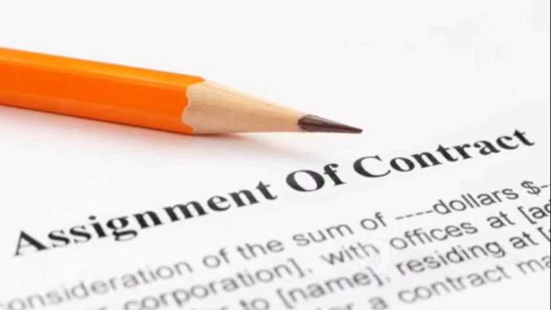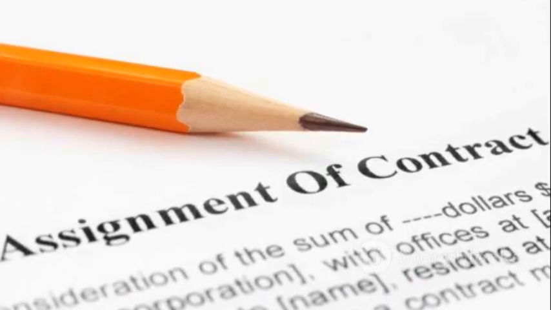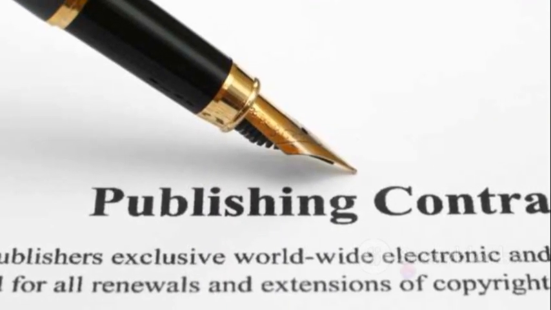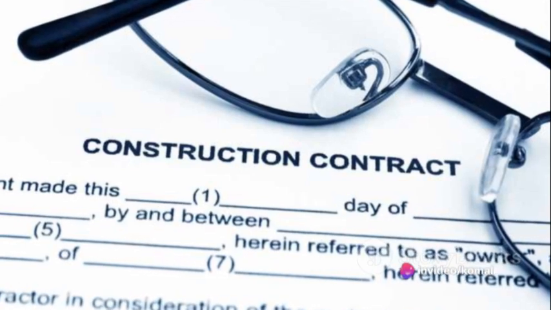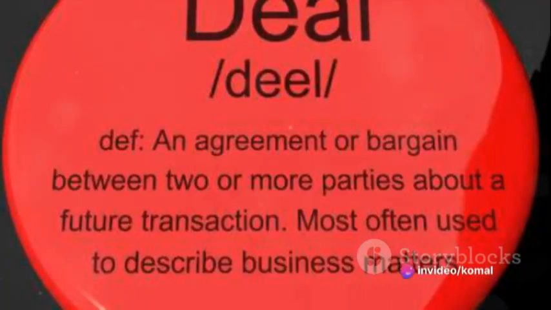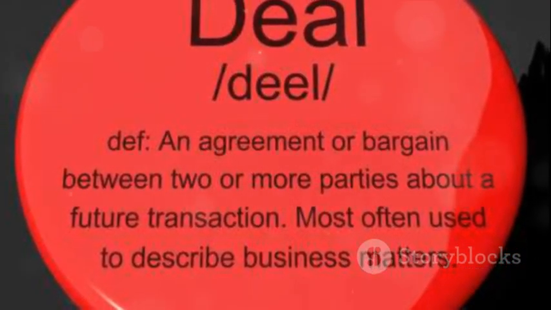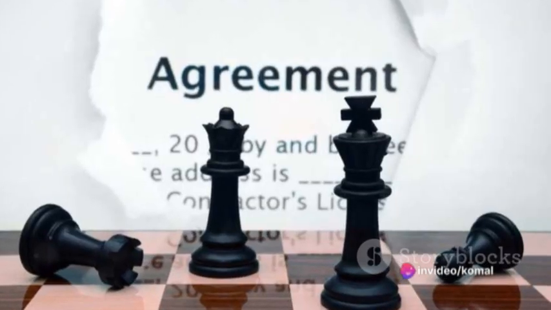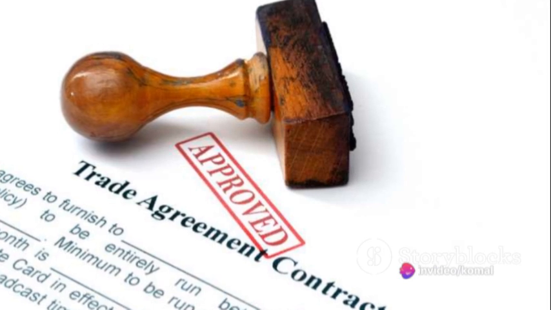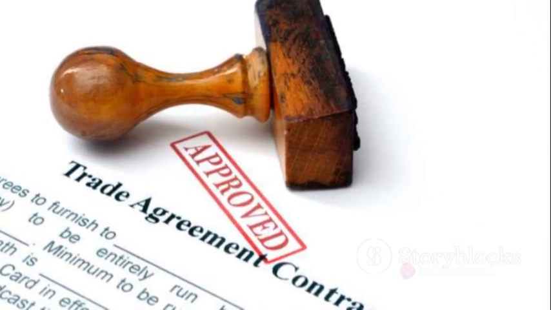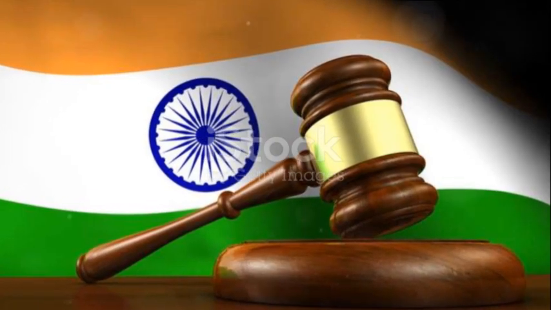To summarize, the Indian Contract Act of 1872 stands as a cornerstone in the realm of contract law. It begins by defining the essentials of a contract, moves on to elaborate on the various types of contracts, and finally discusses breaches and their remedies. Whether it's a simple agreement or a complex business deal, the Indian Contract Act of 1872 ensures that the rights and interests of all parties involved are protected. This act, though enacted over a century ago, remains relevant and continues to govern contractual relationships to this day.